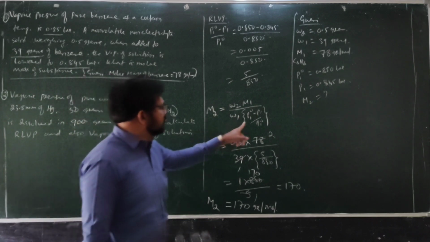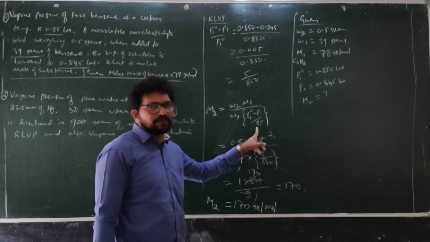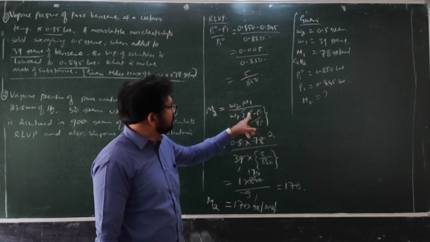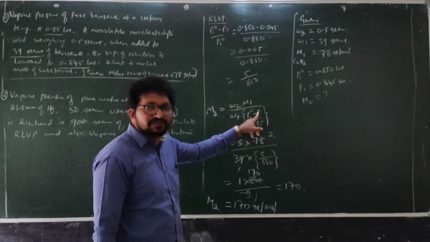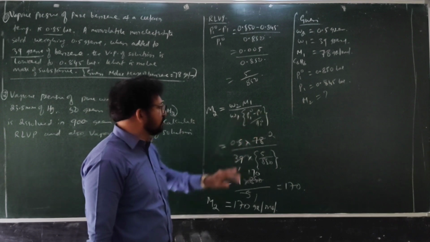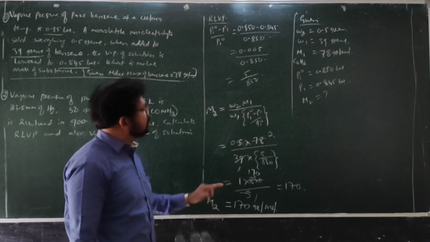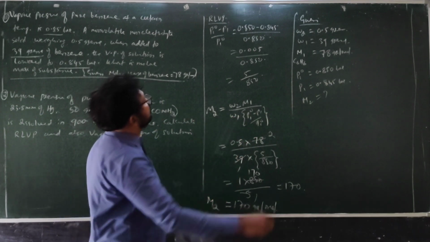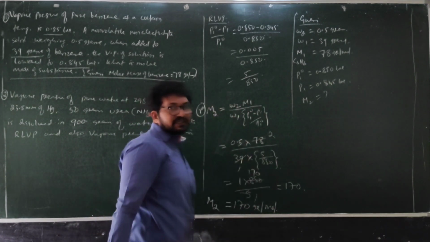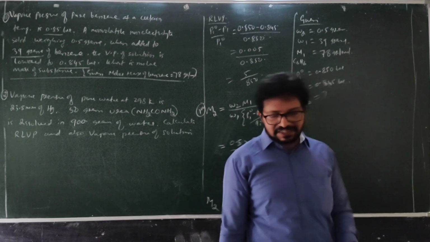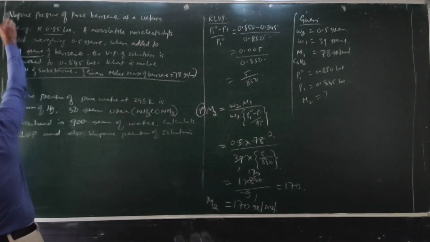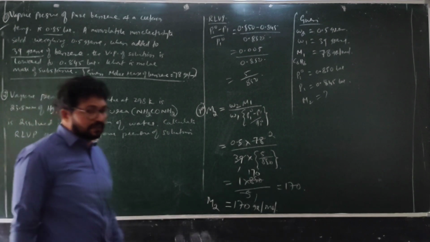It is your choice. You can directly substitute here also, no problem. For example, here you can substitute 0.850 minus 0.845 divided by 0.850. Also, you can substitute. So nothing wrong. But it is a 3-mark question. You have to write the formula. Writing the formula, 1 mark. Correct substitution, 1 mark. And final answer, 1 mark. So this is how the molar mass of the solute can be calculated.